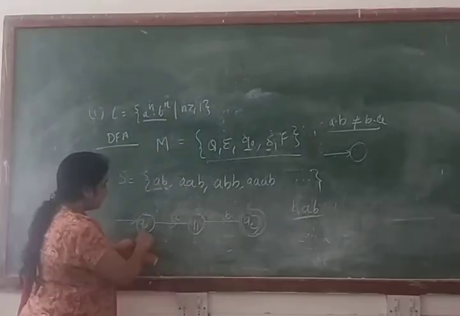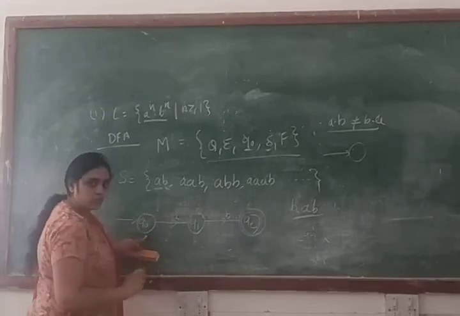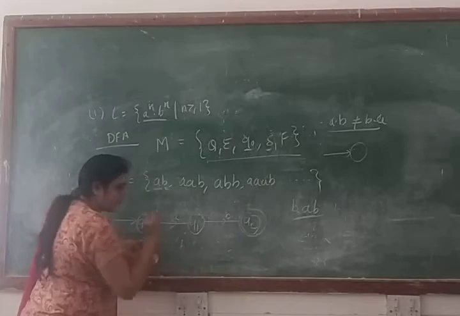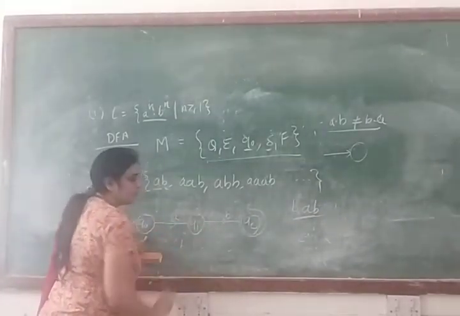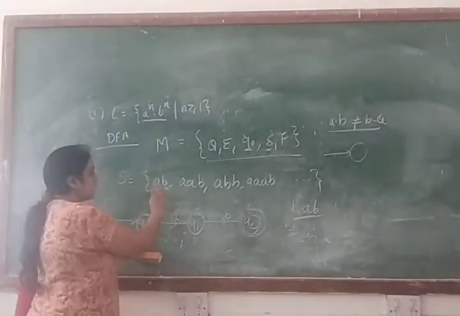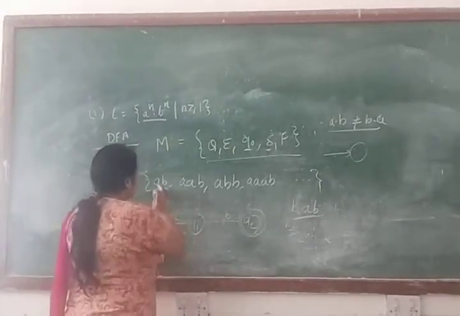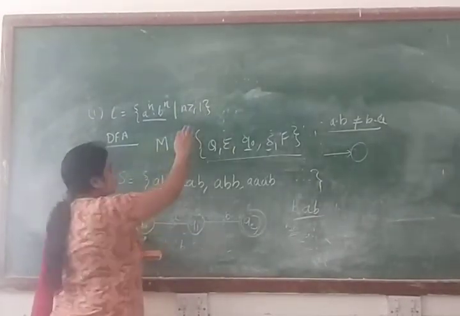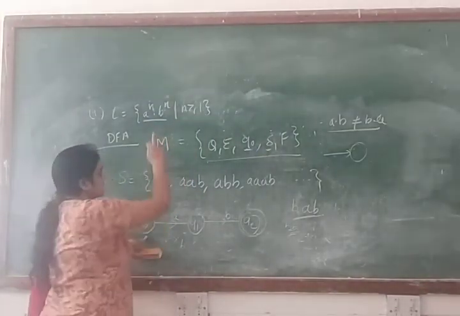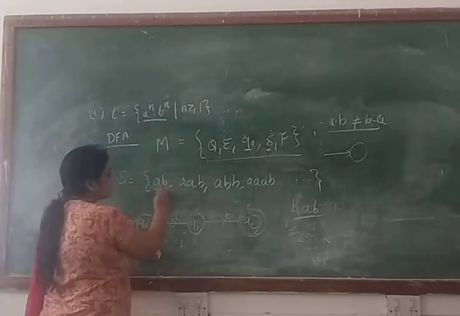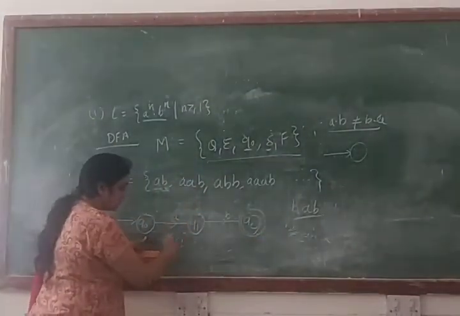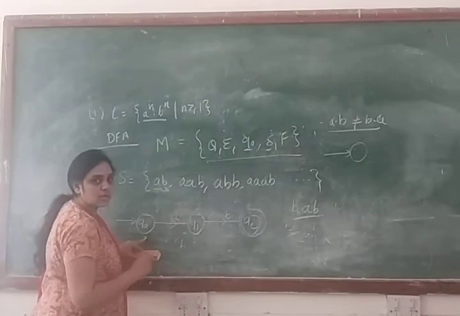Now, can you make the transition from Q0 to Q1? If you are making a transition from Q0 to Q1 for the input symbol B, in that case your machine will accept B. Again, B is not a part of your language because your smallest length string is AB, and A always comes in your string because what is the minimum value for A? A minimum value is 1. Clear? And since the minimum value is 1, your minimum length string is AB. B is not part of your language, so you cannot make this transition from Q0 to Q1 for the input symbol B.